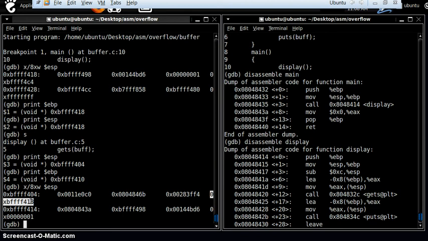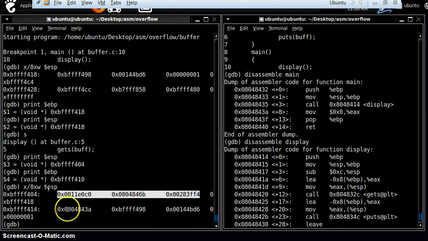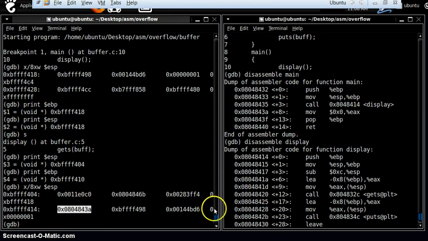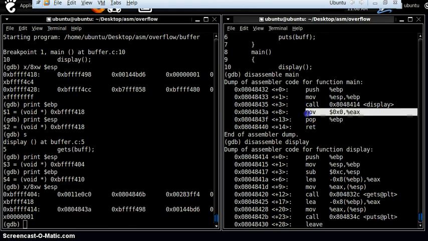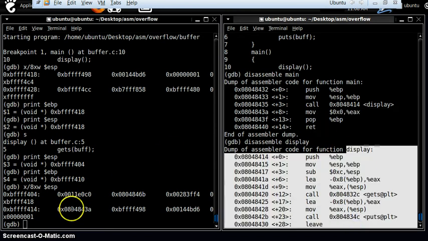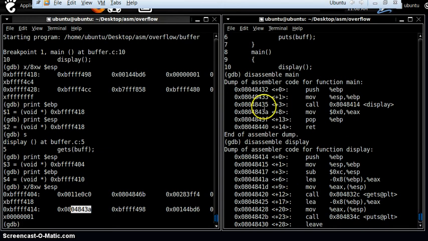Okay, so now what should be this value? As of now these values are of no use to us. 843 alpha. Yeah, so 843 alpha is the return address. The return address will be used when the function display's job is done. This return address will be used to send the execution flow back home, to the main section, and the execution should be continued. So our return address is placed onto our stack.